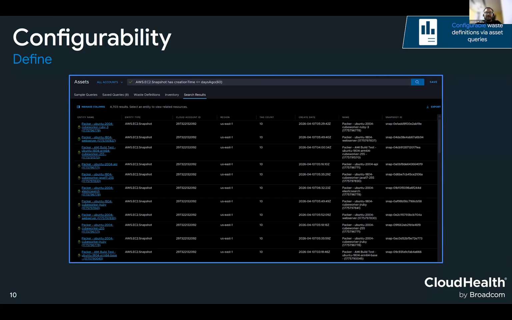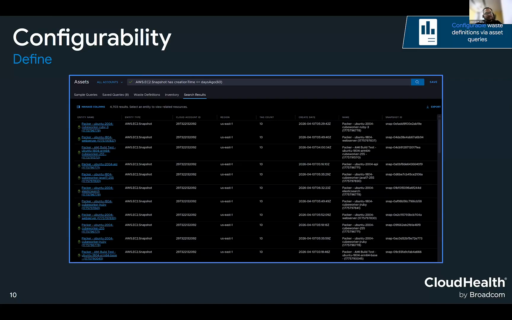We will have a similar interface for you to go deep into how you can define waste and how you can scope it, if you would like to pick specific resources pertaining to a particular project, business unit, or application. All the scoping becomes much easier with that. But right now it will be in AssetQL. You can modify the AssetQL and the definition will change.